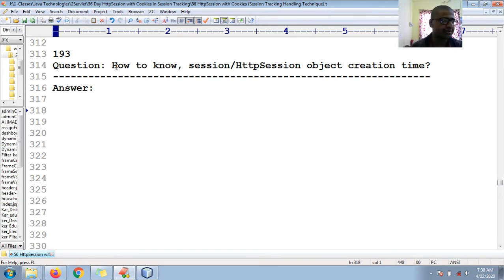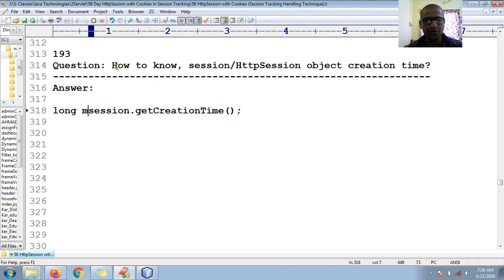So to work with this session, you need to have the session object already created, and you can take the help of the API method getCreationTime, and this will give me the time in the form of milliseconds. So I need to hold it in a long reference, so long milliseconds = session.getCreationTime(). Okay, so here ms, that is